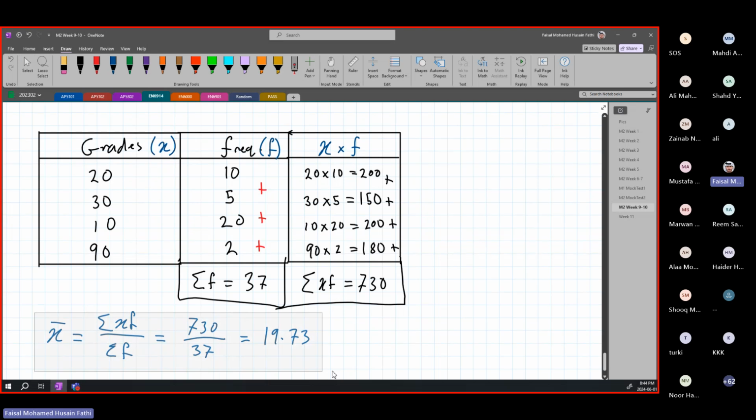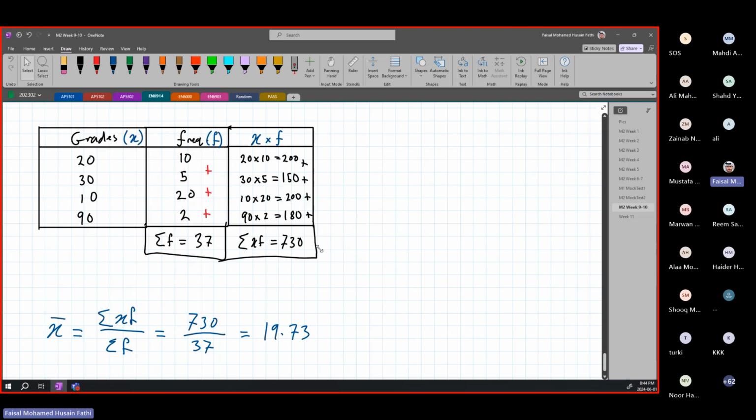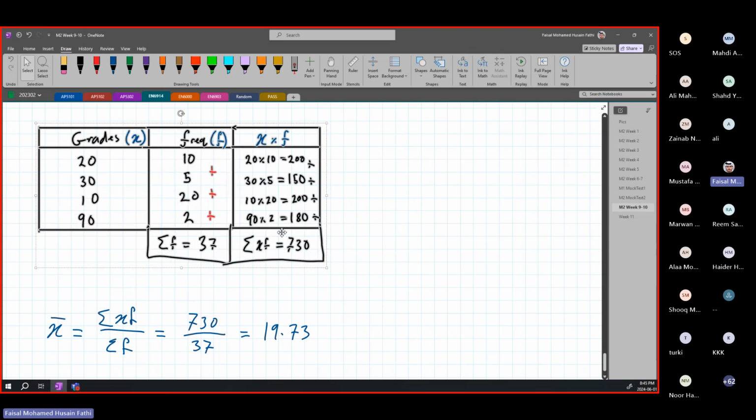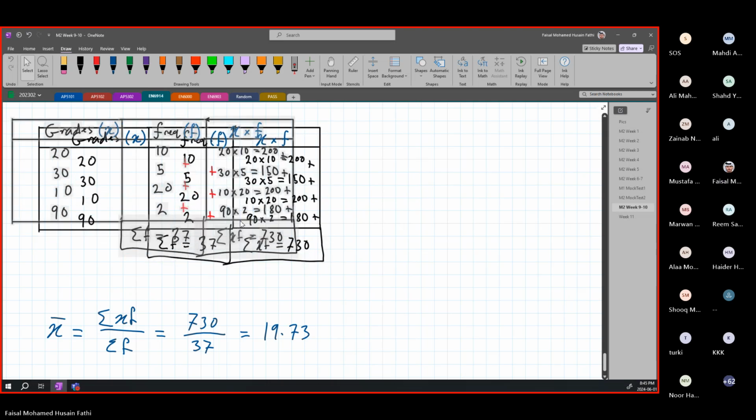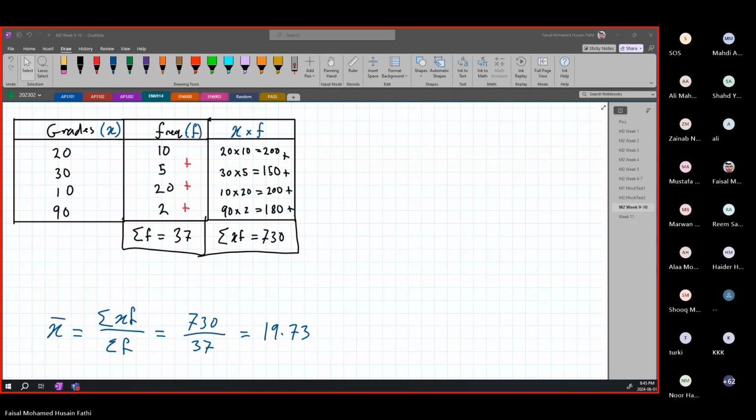Again, nothing new, just finding the average. But why am I finding this average again? So we are looking at the standard deviation. I'm going to make this table a little bit smaller over here. Okay. Now, we need to find standard deviation, but in this case, we don't have discrete data anymore. We have group data. We have different frequencies. Okay. So when we have different frequencies, the only thing that is going to change now is